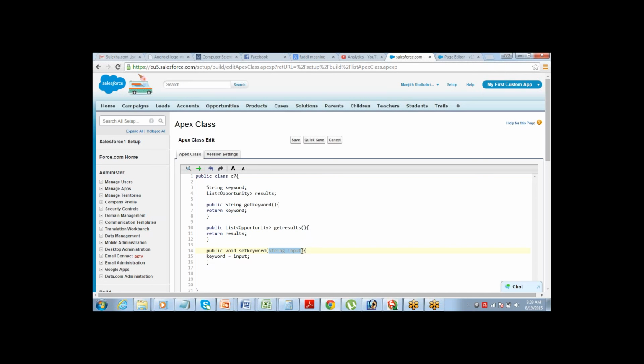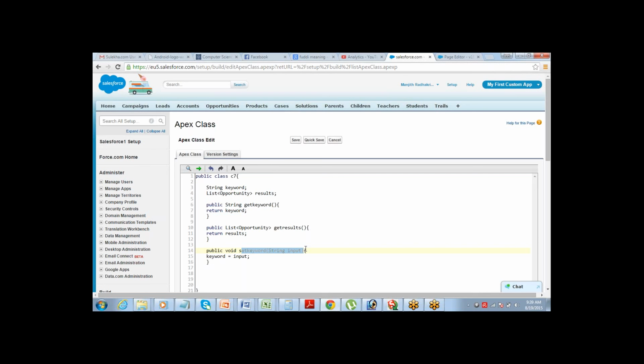Okay, that I understand. But this string keyword in the first line, I think that's why I'm confused. That's another variable, right? I have to define a variable for my search instance, right? Correct. What needs to be searched? So that's a variable that I've defined. And this is a parameter for the set keyword method. A parameter is any value that you pass every time the function is called.